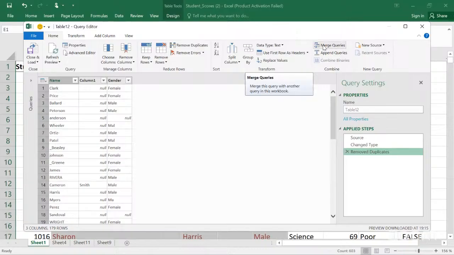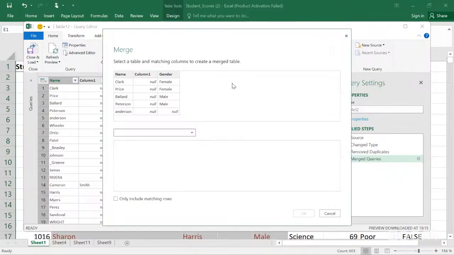So just like the name implies, merge queries. So we try to split some names. You click this one and you click this one. So if you want to merge two tables, two columns rather,